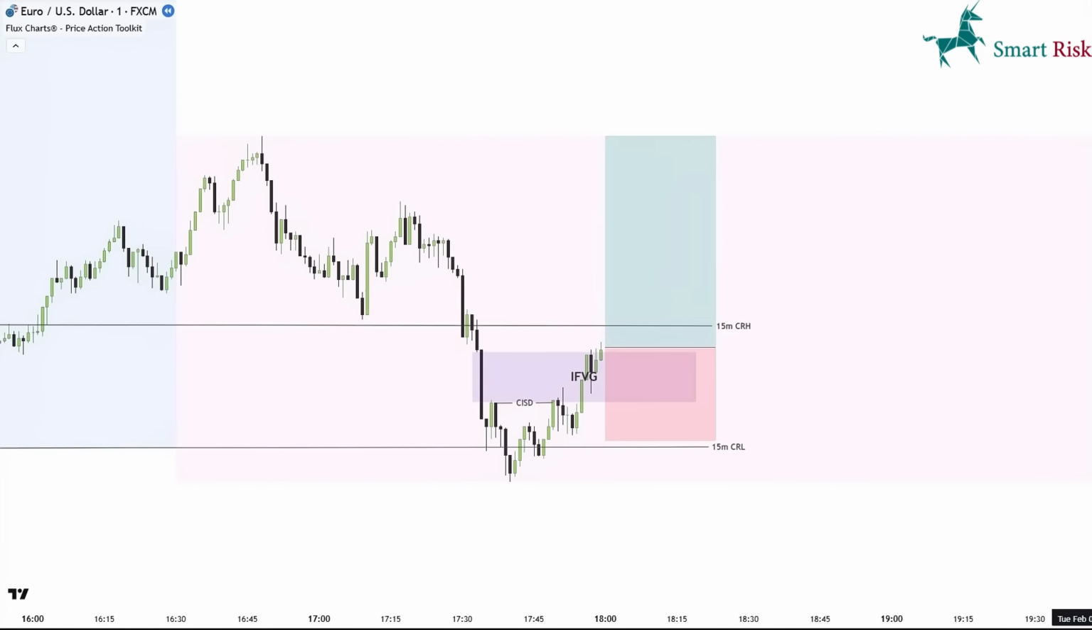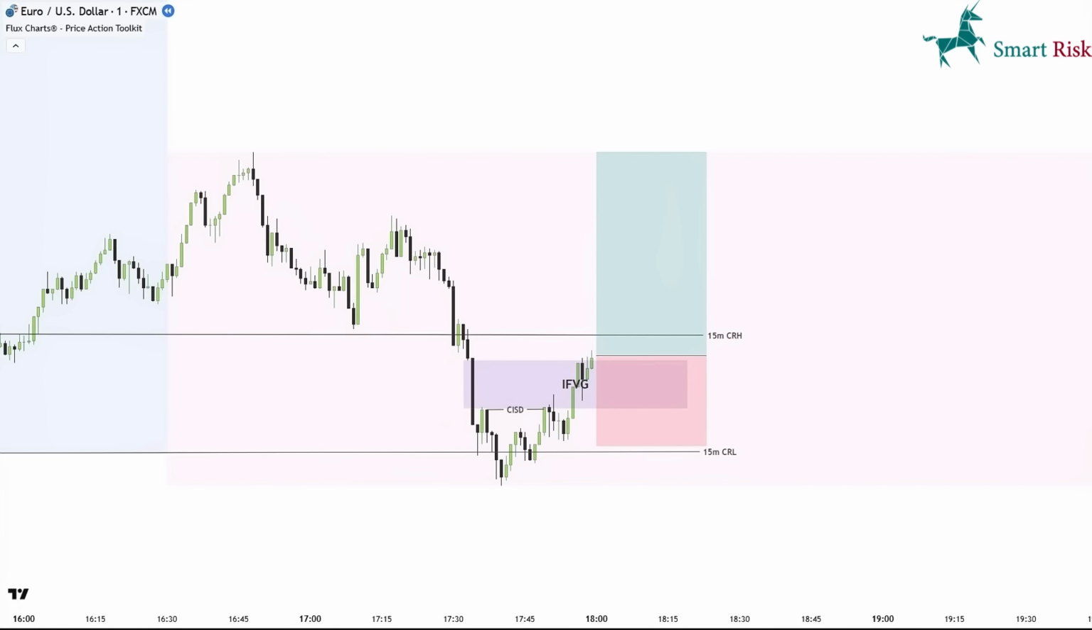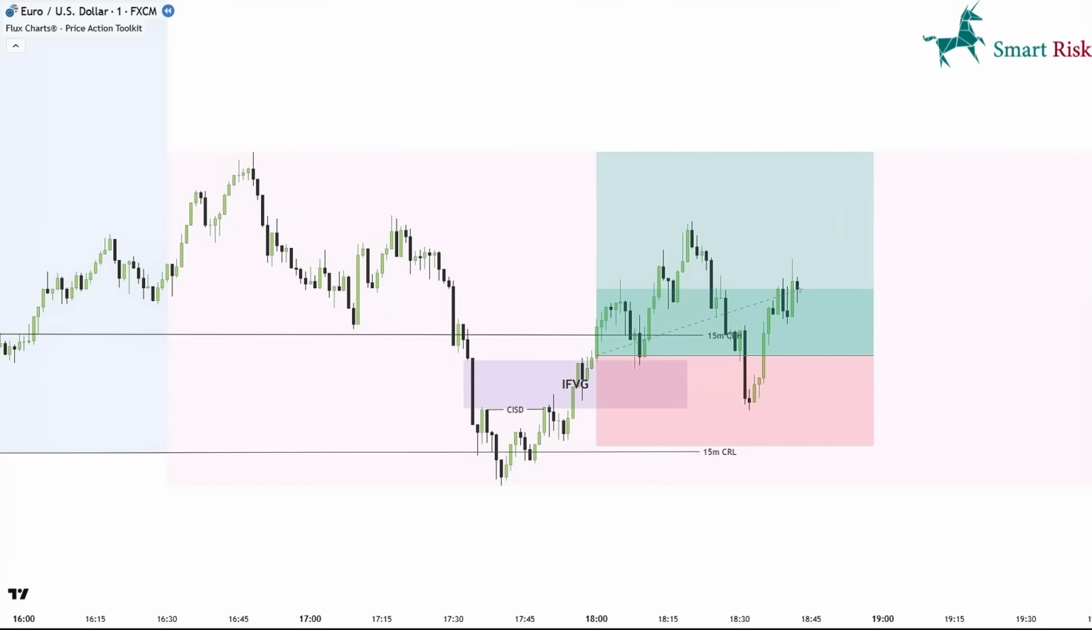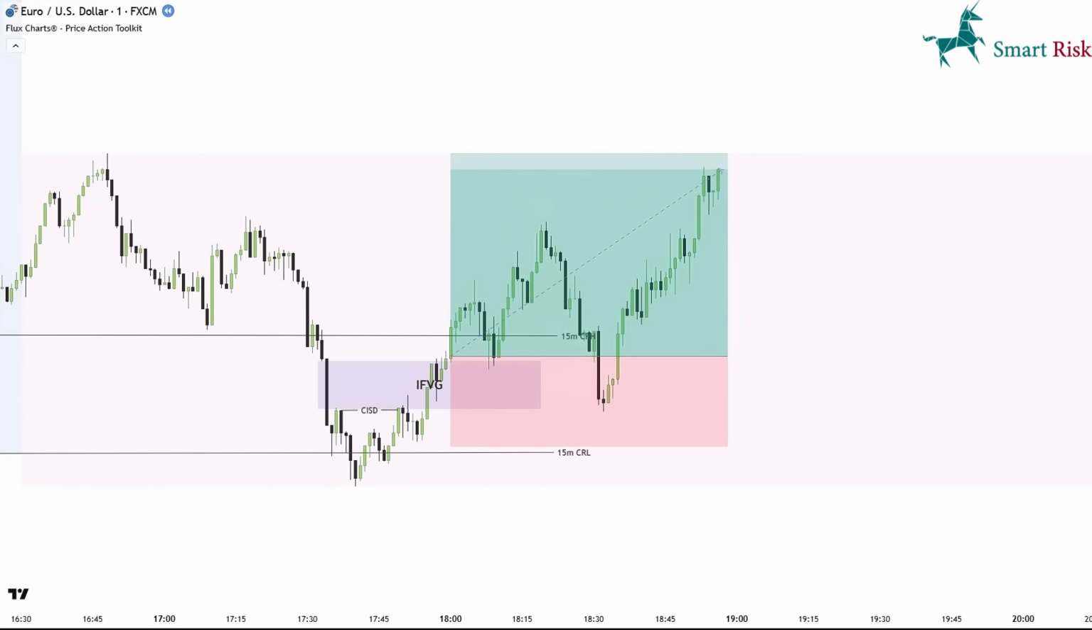Now let's play the chart forward. As you can see, after a short drawdown, the price pushes higher with momentum and eventually hits our take profit